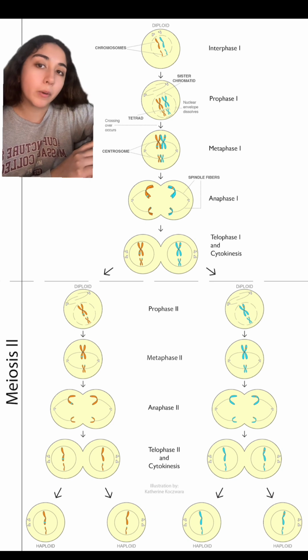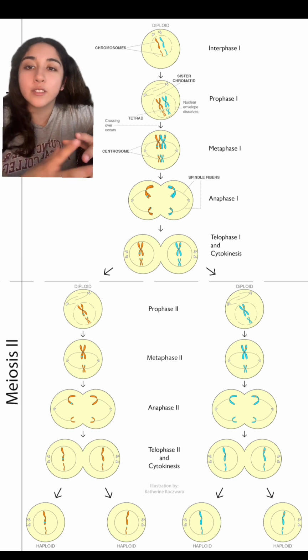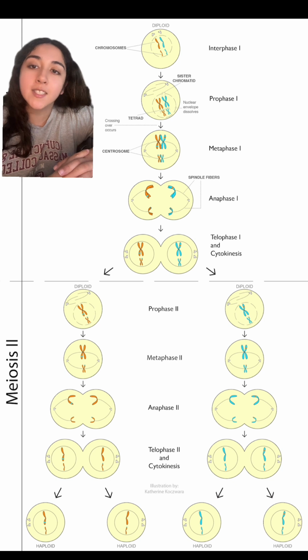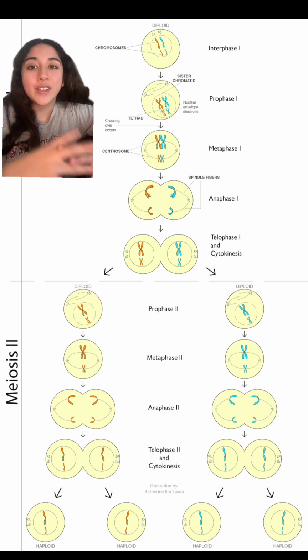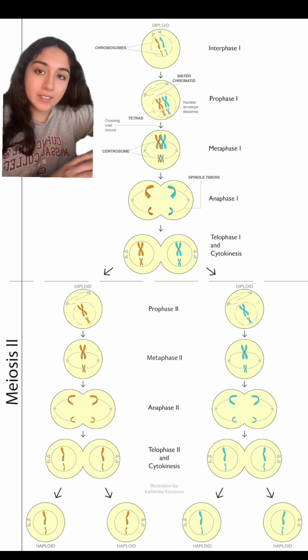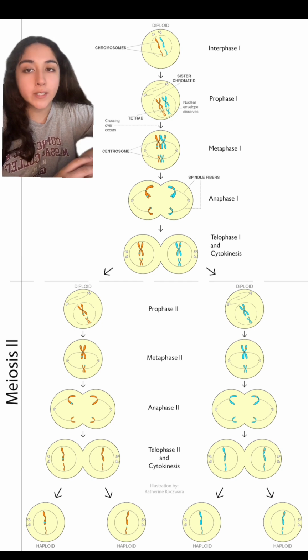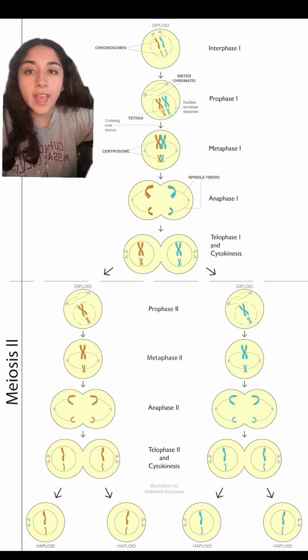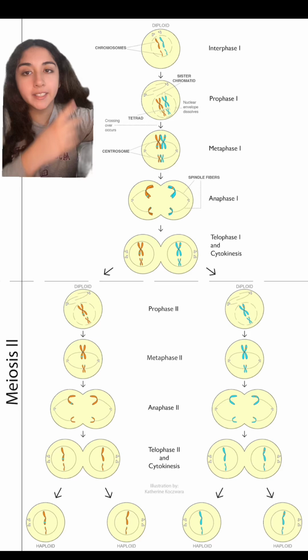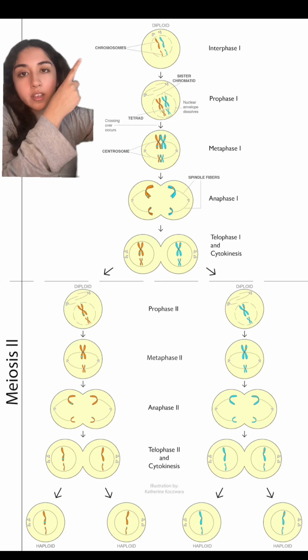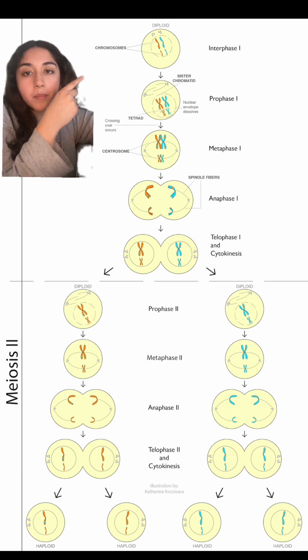Interphase is a very important step of meiosis in the first phase because it is going to consist of DNA replication in order to produce the 4 sister cells at the end of meiosis, which is more than what we would expect from mitosis. After DNA replicates in interphase 1 in the first step of meiosis, in prophase 1, we